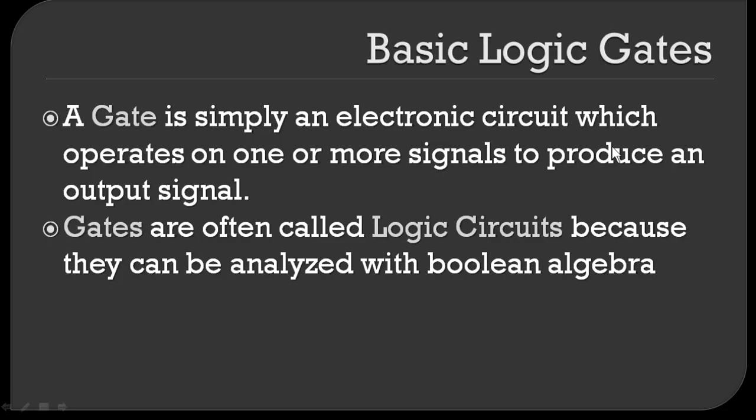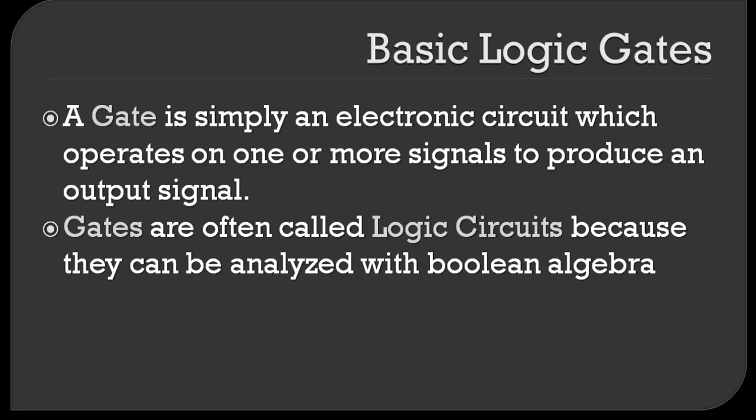So first, you are going to see what a gate is. A gate is simply an electronic circuit. It will look like a circuit where you will have a lot of AND, OR and NOT operators, and connectors connecting each of these operators, which operate on one or more signals. When the current is passed from one circuit to another, you will get some signals, on or off signals.